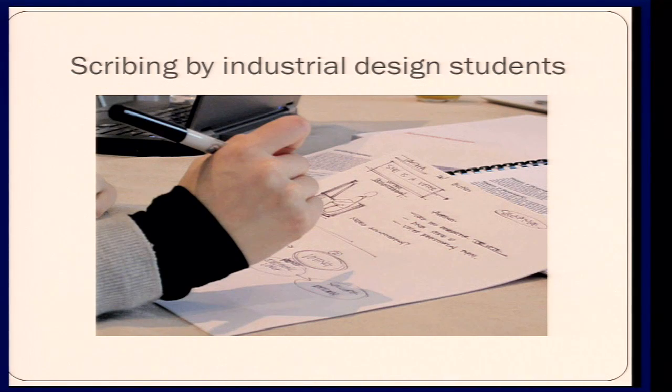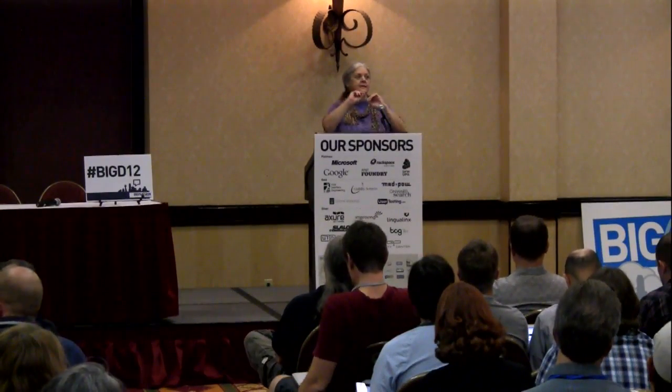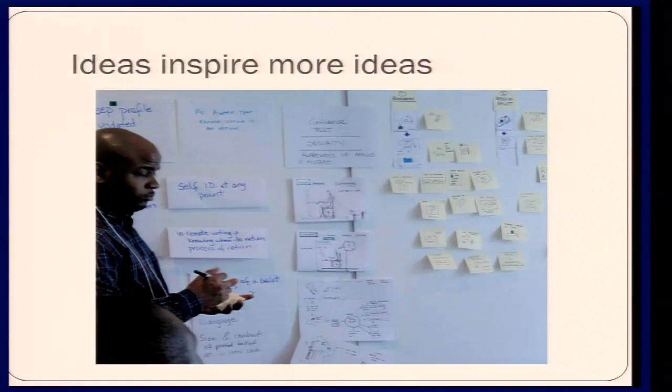I think one of the most useful things that Georgia Tech did when they convened these groups is that each group was assigned a couple of graduate students in industrial design. And so they would scribe. And as we sat there, with, well, this is my idea, and well, what about this? These students were there just drawing out processes and flow charts and making this all very visual. Those ideas then would start getting posted up on the wall, and they would inspire more ideas.